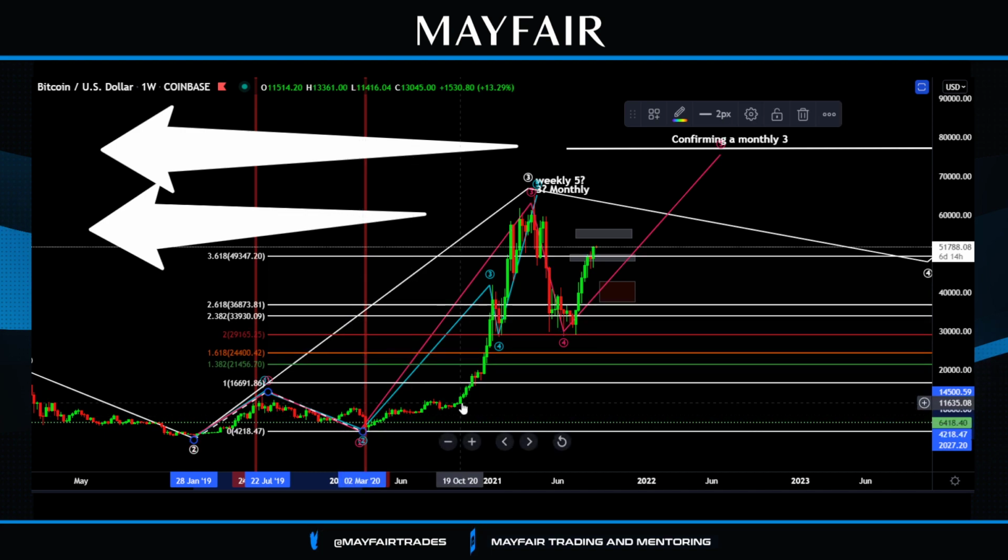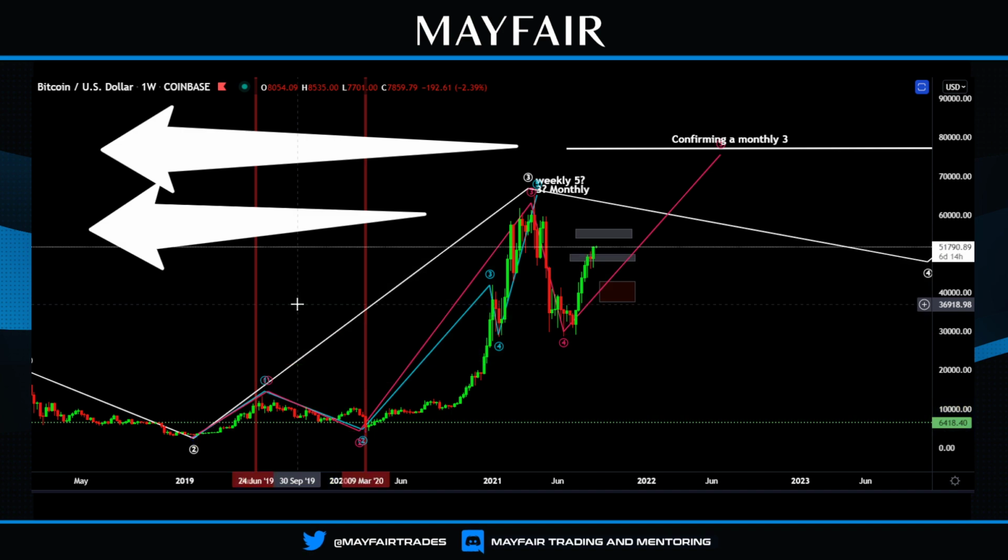And the pullback move that we were looking for would give us probably something like a 5 or even a 6, 618 on the weekly time frame. Now that's kind of obscene as a whole, but it is Bitcoin. So for me, what I like about this particular move more than I do the monthly 3 being the one